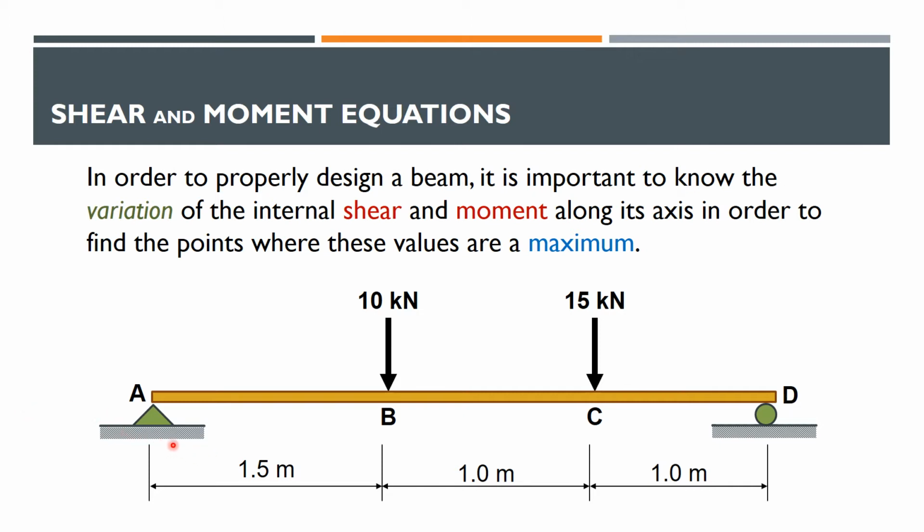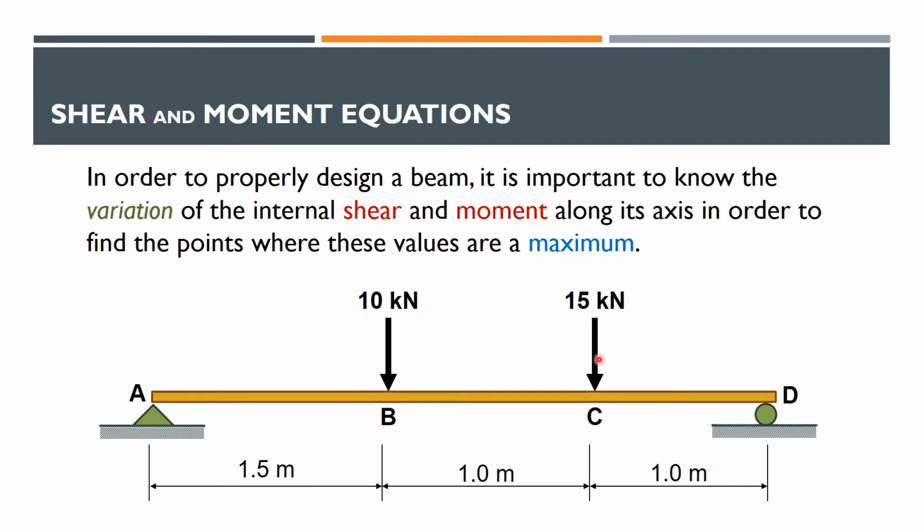We have here a simply supported beam, and the applied loads are the 10 kilonewton force at B and a 15 kilonewton force at C. So, ito ay tinatawag natin na applied loads or external forces. The same with other objects subject to external loads, we need to analyze the internal effects of these